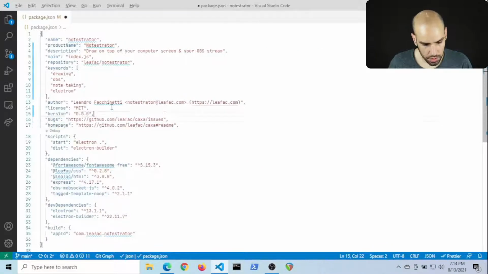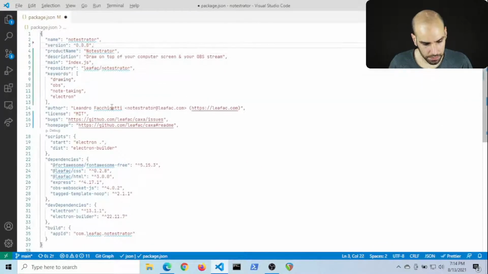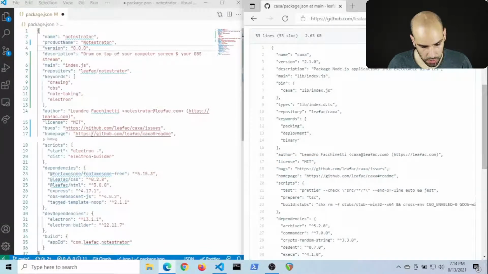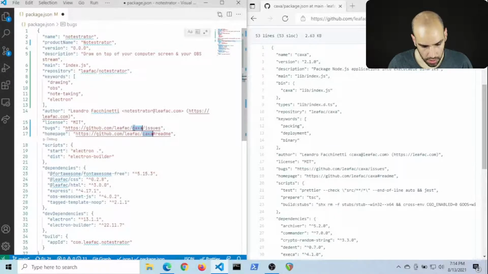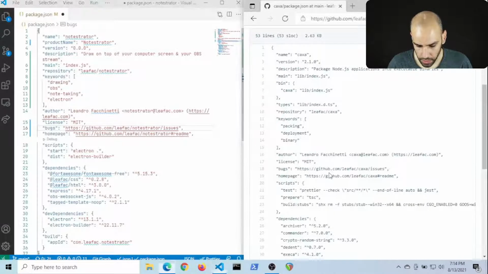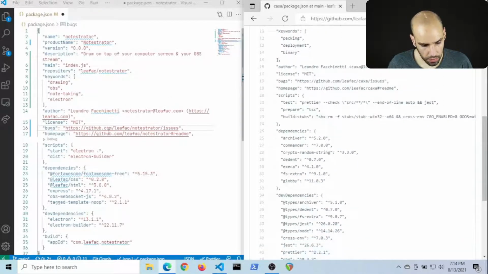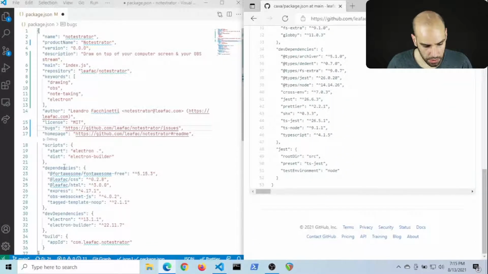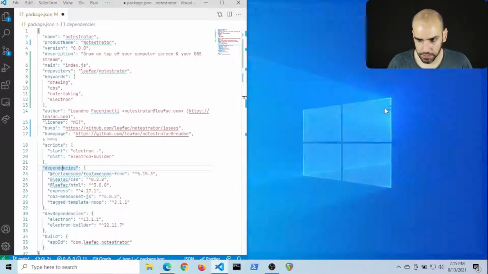Then version goes way up there, right after the name. And then we have our, oh, I have to rename some things, right? I have to rename Kasha to Notestrator. Then we have our scripts and dependencies and dev dependencies, and then some extra miscellaneous configuration. Excellent.